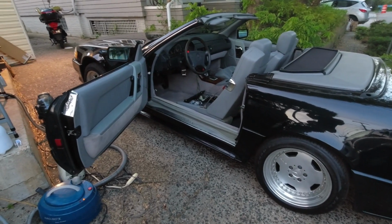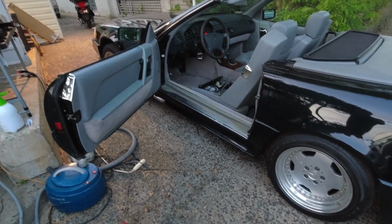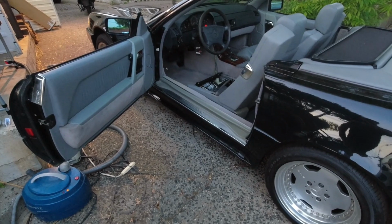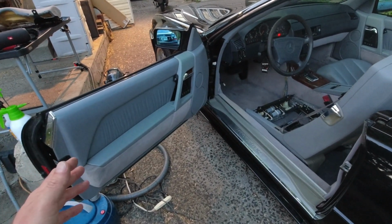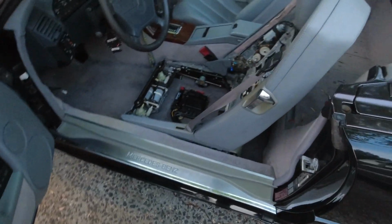Alright, so 8 hours later, it's about 8 p.m. in the evening already, and the lights come on. I know it's time to go, because automatic lights come on when it gets dusk. Anyway, I'm more or less happy with what's going on here, so I'll make this video,